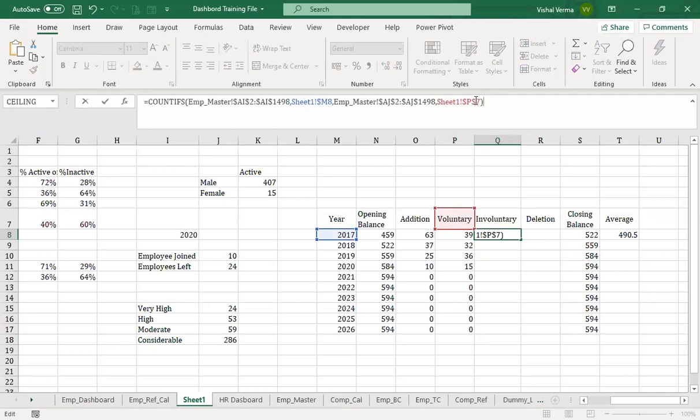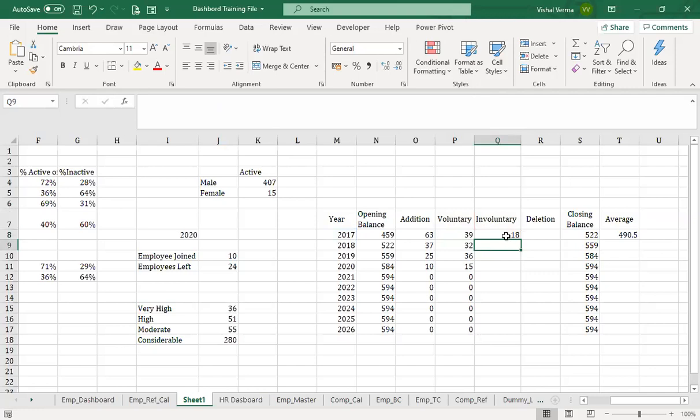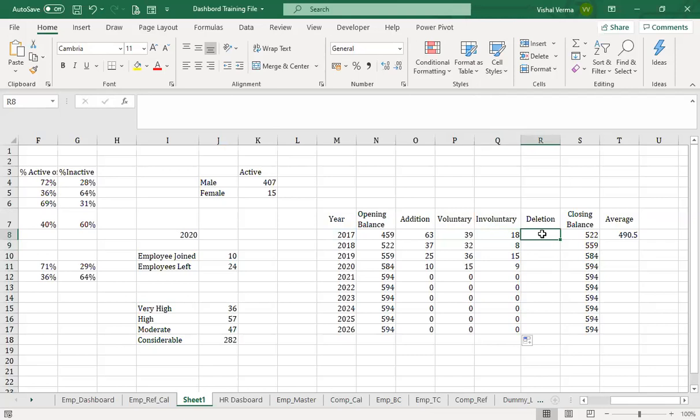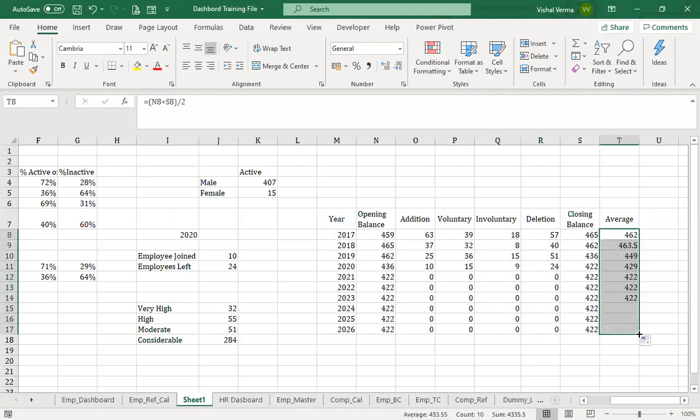Everything remains the same, only this will change to Q. The total deletion is voluntary plus involuntary. So we got this data that is related to only 2020.